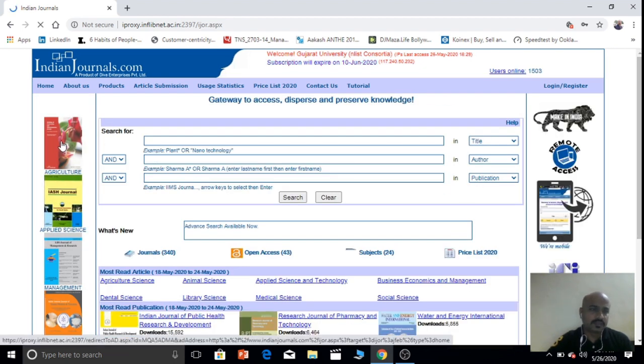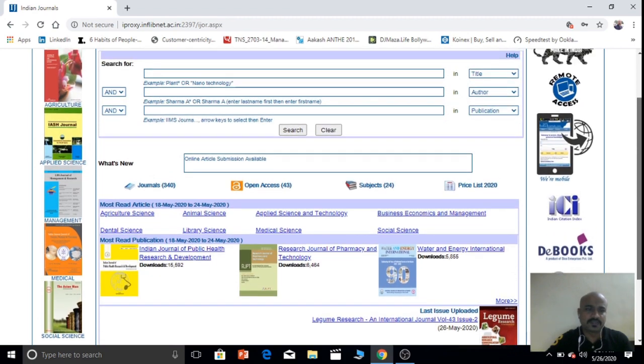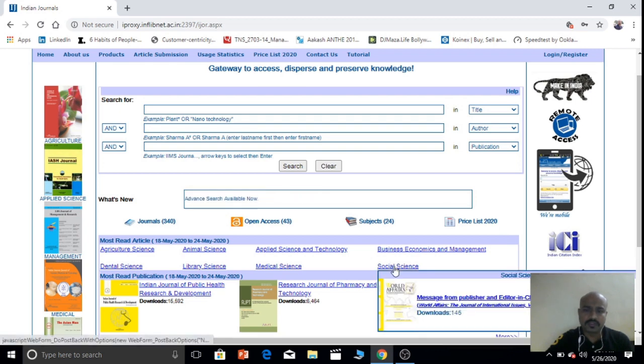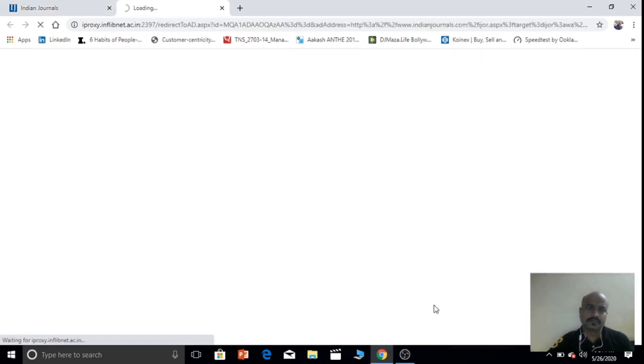Here you can see subject wise journals: agriculture, applied science, management, and many more, medical, social sciences. If you want to search journals on social science, you can click on that. Also there is a search window in which you can search journals by name if you are aware of their names.